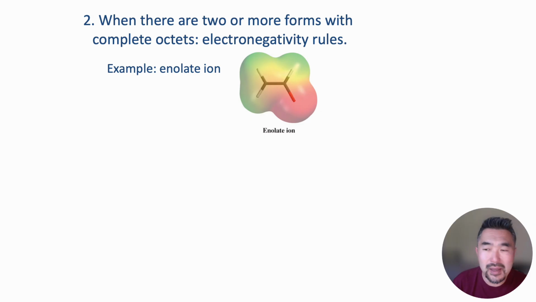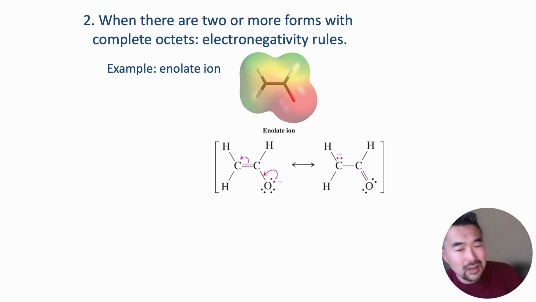What we mean by that is if you have to have a charge, it's better to put that charge on the atom that has the most favorable electronegativity. So for instance, if you look at this enolate ion, or anion, you could draw these 2 very legitimate Lewis structures. The left one with the oxygen being negative, or the right one with the negative charge being on the carbon here. Those are both equally valid, and what we notice is that